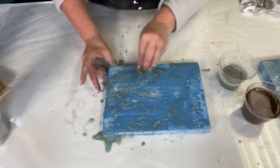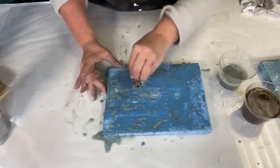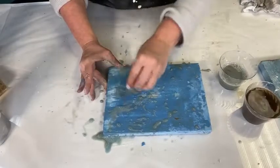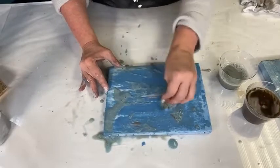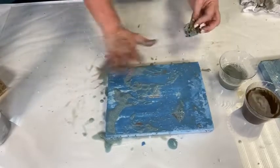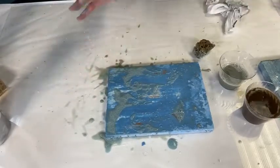You've got to do this on a flat surface. Whatever furniture you're working on, you're going to have to lay it down on its back like this, whether it's a drawer or whatever, because of the way this process is. All right, so